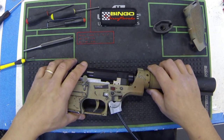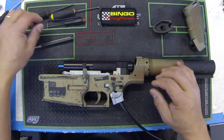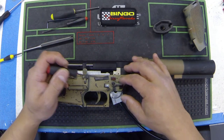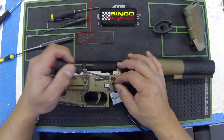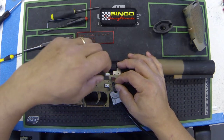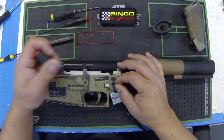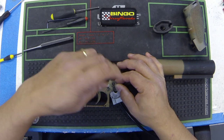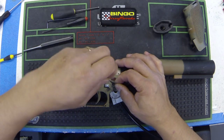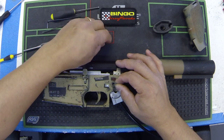Alright, next we need to remove the selector switch. So that uses a 2.5 millimeter hex key. Now this selector switch actually has been upgraded because the screw had stripped out, so this is actually a 4 millimeter screw instead of a 3 millimeter screw that you'll find on standard ones, but it uses the same tool to remove it. You want to push down on the selector switch and loosen the screw, take that out, and